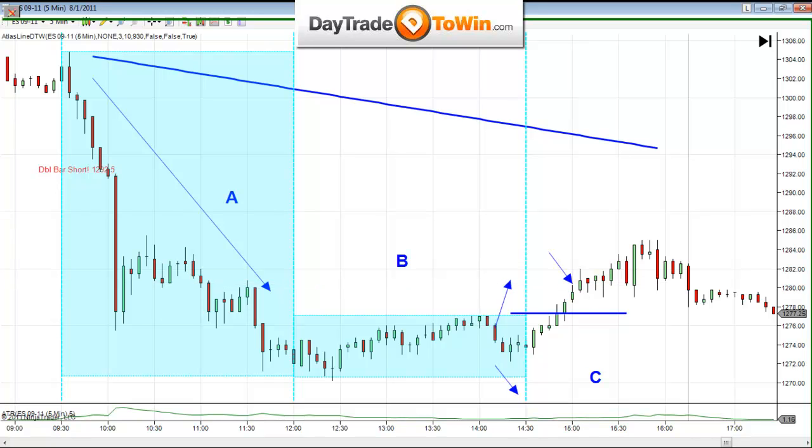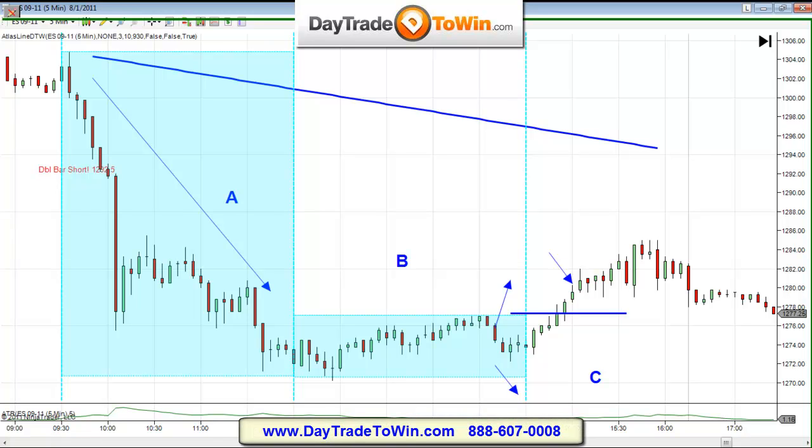Remember, I want you guys to think about this every single day. And look at currencies. The same thing happens in currencies. If we can expect something to occur day in and day out in the B part of the day, which is just going to whipsaw and flip-flop within the range of A, then we know what to expect. But when B does something other than what it normally does, what does that mean? It means that the market's going to do something other than it usually does. That's my indication.